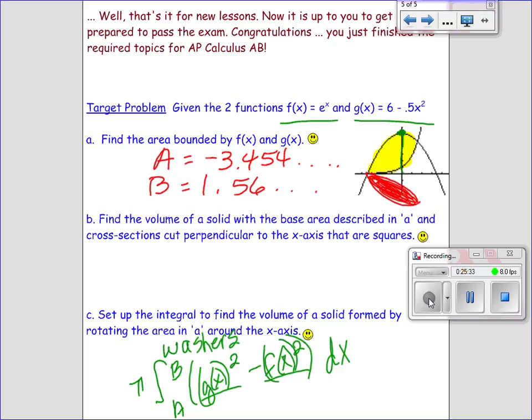All right, so for your final way to write this one, you can have pi, and you go from a to b. And then on the first one, for the g of x, you do the parabola, 6 minus